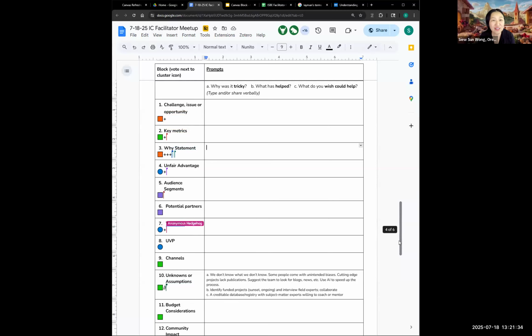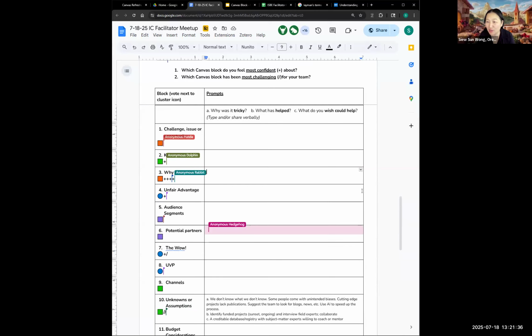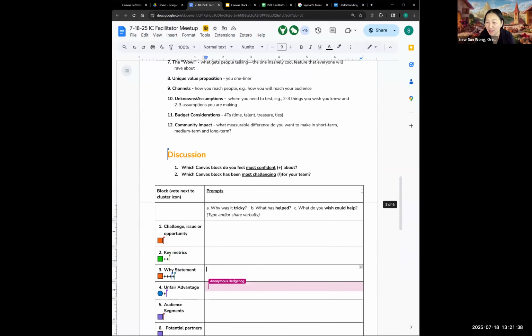If you're done with the first prompt, like your most confident block, please feel free to move on to your most challenging block by using that slash.